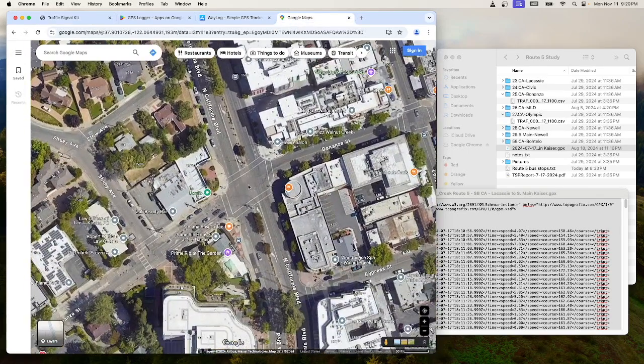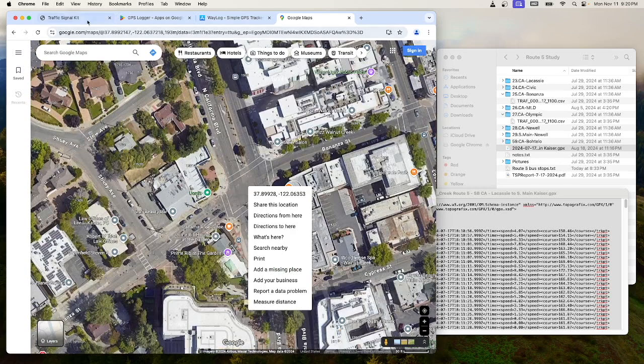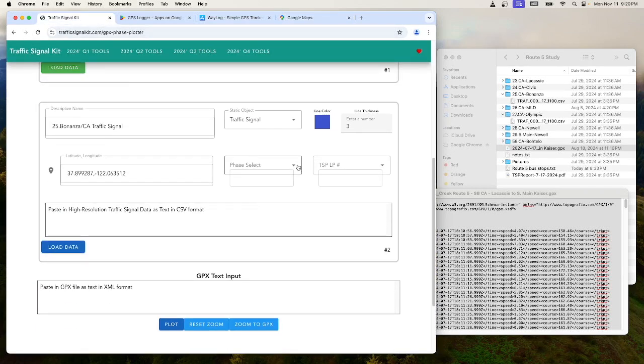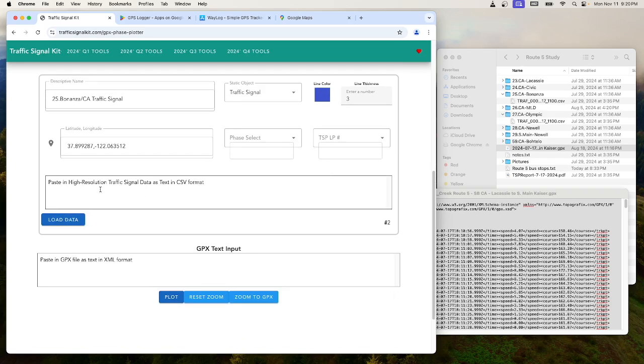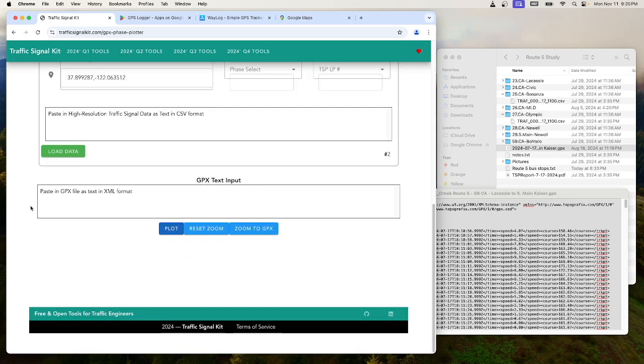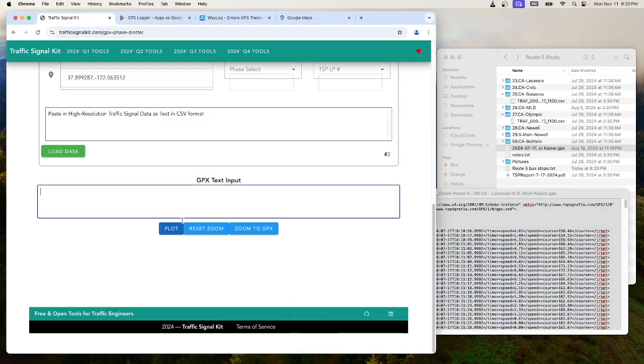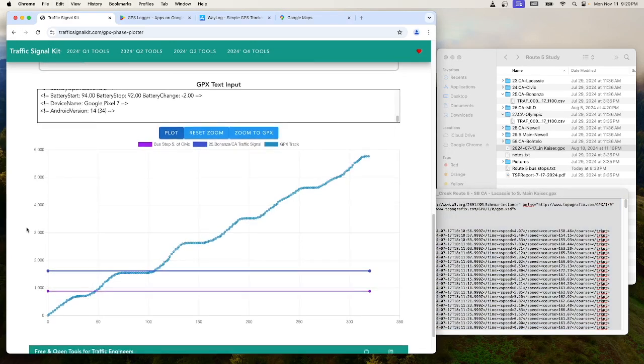I have them saved in a text file, but they could be pasted in there. We're not going to fill in the phase or the TSP priority number until we have the high-res data, which we'll show next time. Okay, we'll load those, and then paste in the GPX file like we did before, and we have these two